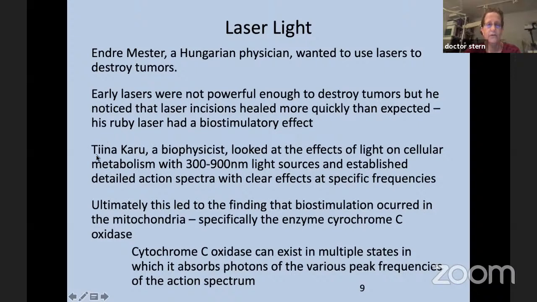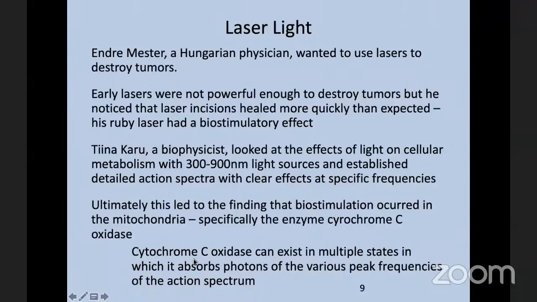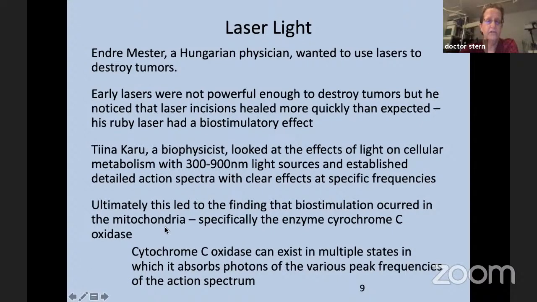And then Tina Karu, if you ever want to look up Tina Karu, is a Russian biophysicist and has done a tremendous amount of work on light, and basically in this case found the effects of light on cellular metabolism. And what we really came down to from all that is that most of it is happening in the mitochondria, especially with an enzyme called cytochrome C oxidase. So if you ever see things about that, you'll know that it's talking about this cycle and the energy production